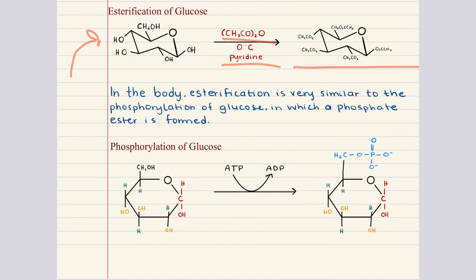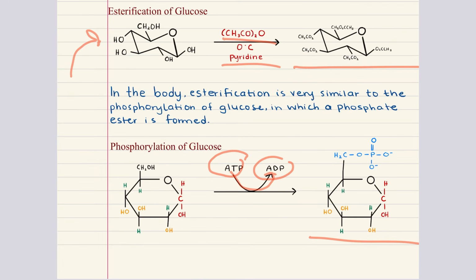When glucose is phosphorylated, a phosphate ester is formed. This is how glucose is trapped inside of cells at the start of glycolysis. And here's what this looks like. ATP donates a phosphate group to glucose, converting it into glucose 6-phosphate, and ATP is converted into ADP in the